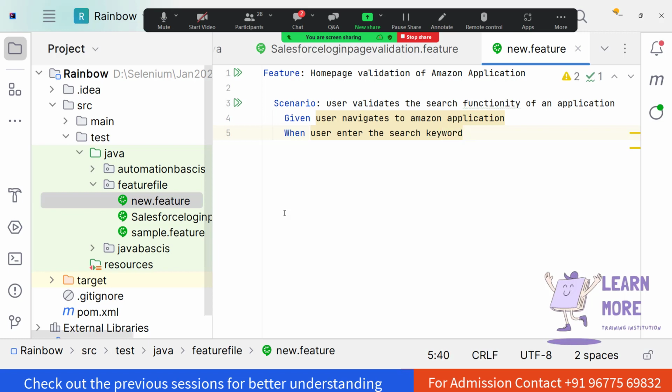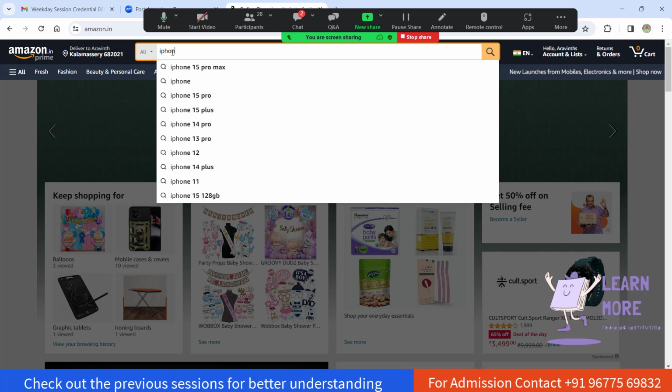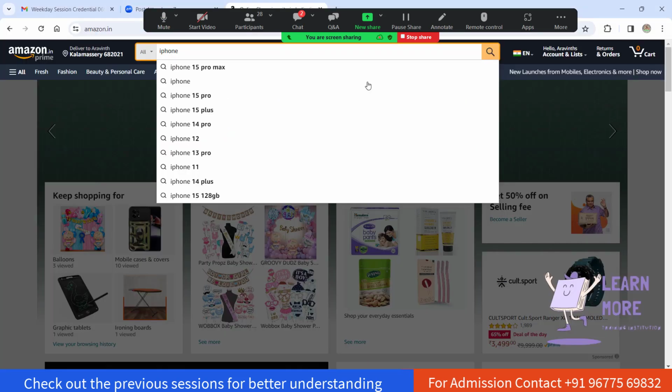and what is the keyword which we are going to inject? We call it test data. Let's say I'm just going to use the keyword iPhone. Then I can parameterize the test data with the help of double quotes. So I am parameterizing the test data,